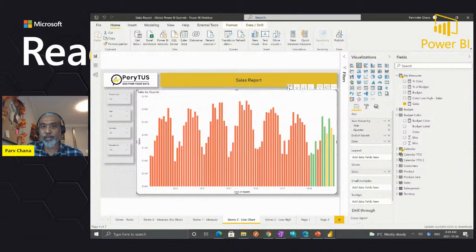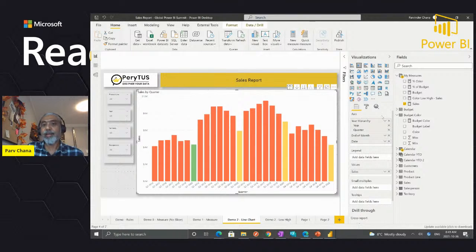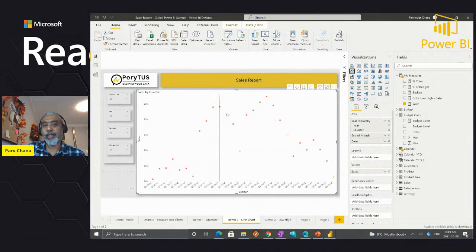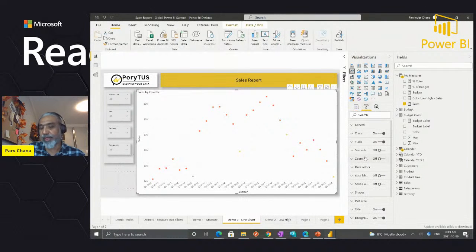Yeah, year hierarchy. So I'm showing it by year and a different hierarchy I created, year, quarter, and so on. And then in sales, I'm applying my same measure here, based on the percentage of actual. Once I do this in my bar chart visual, I just switch it to a line chart, and immediately I get the same data points highlighted based on the color, because the line chart does not have this option, similar to the pie chart.